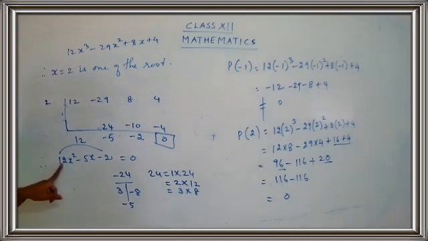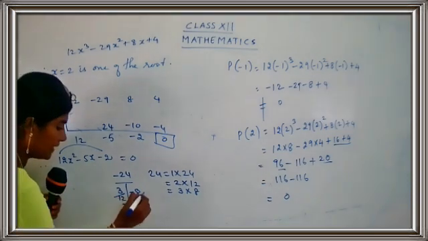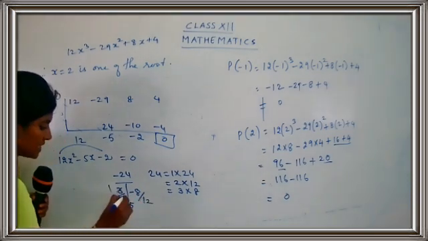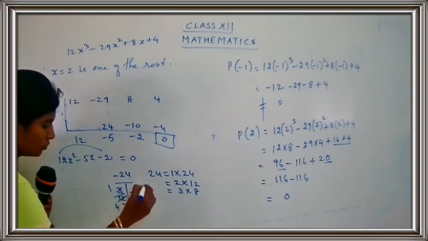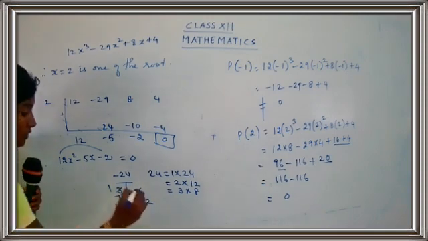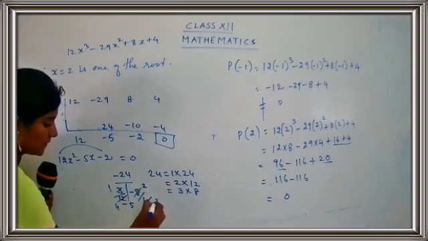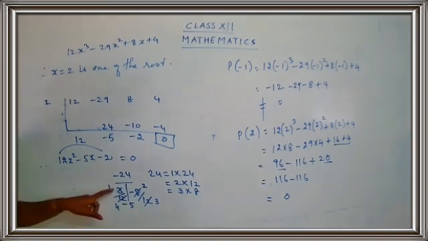Now here you have 12 on the first term. That is, we have a coefficient for x square that is 12. So we have to divide by 12. If you have 1 here, we can directly take the value. But here we don't have 1. We have a number 12. So divide by 12 and divide by 12. So 3 1s are 3, 4 3s are 12. I can take this by the 4 table. 4 2s are 8, 4 3s are 12. We get here 3 by 12.